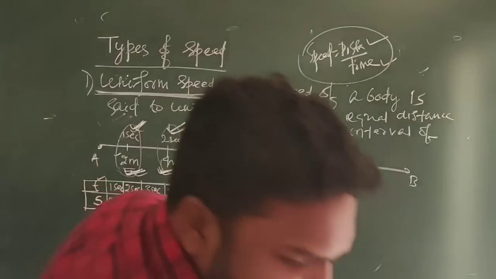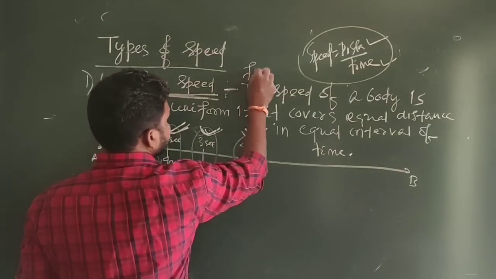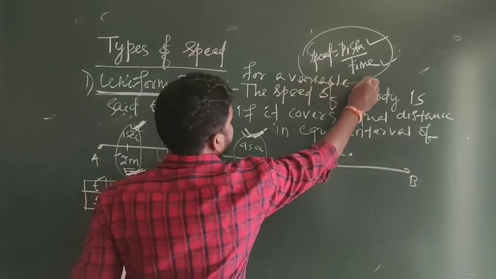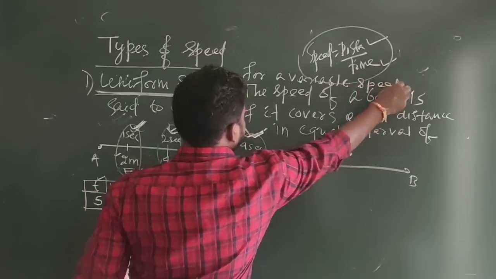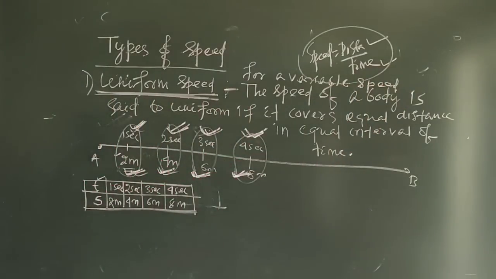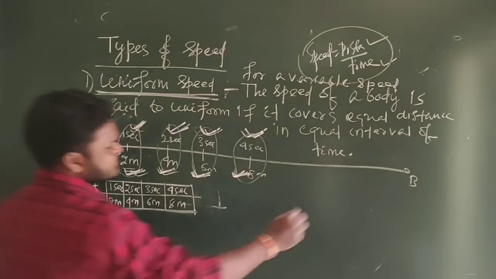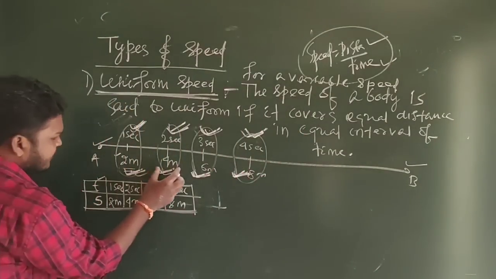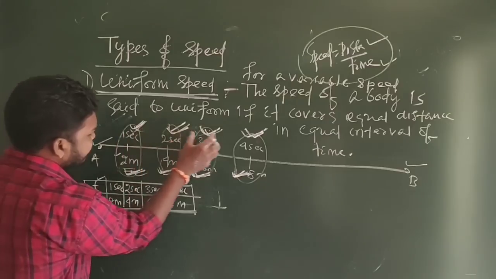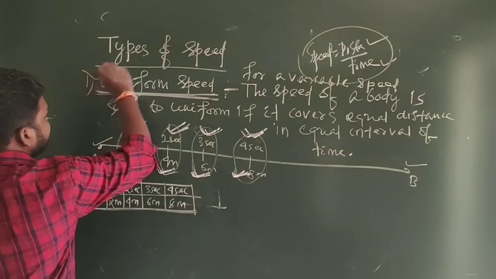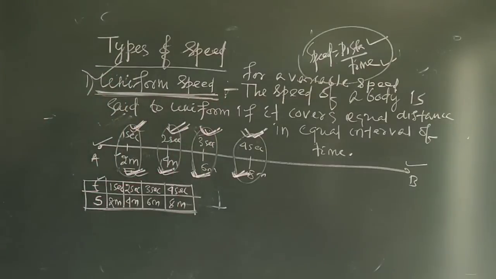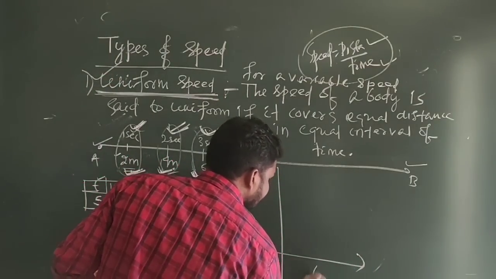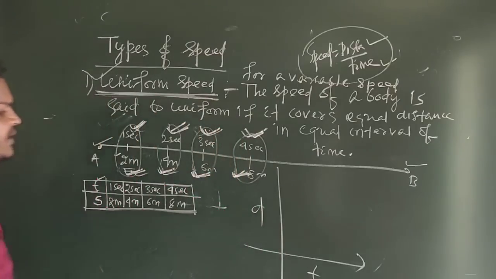Is this possible for a variable speed? First I will write this down. For a variable speed, in which the body moves along a large distance, if it covers equal distance in equal intervals of time, then the speed of the body is said to be uniform speed. And if we plot a graph between time and